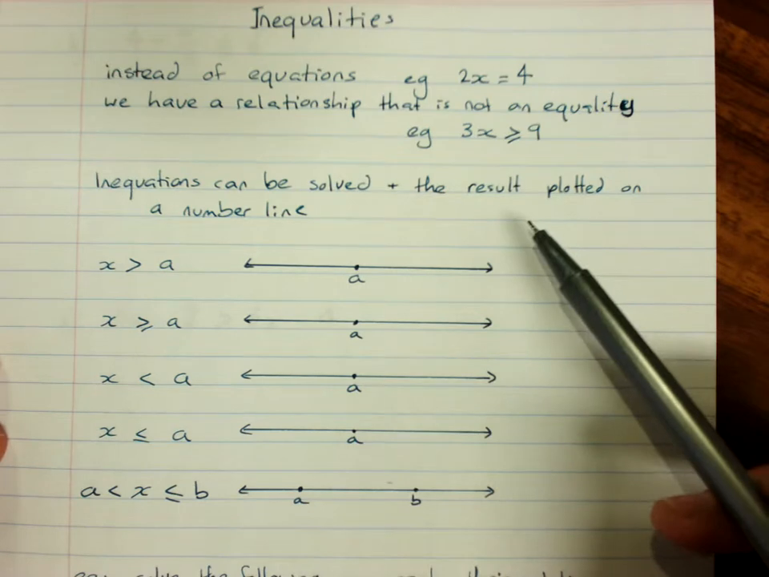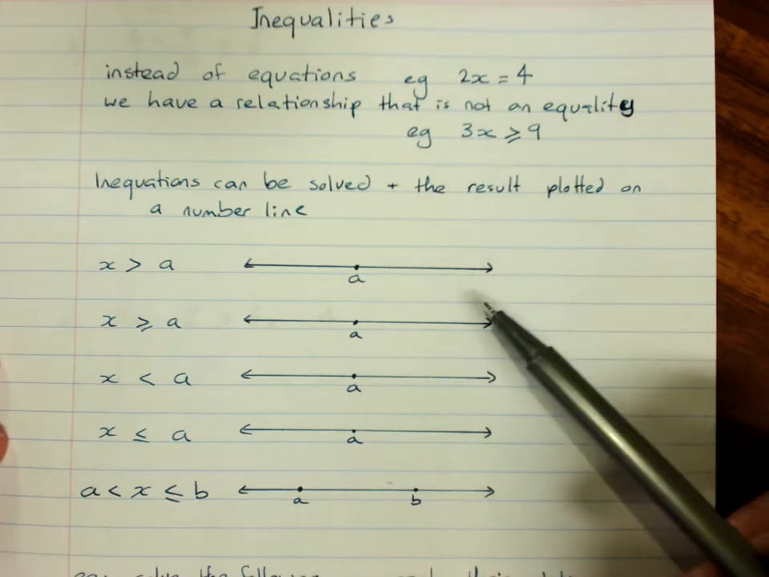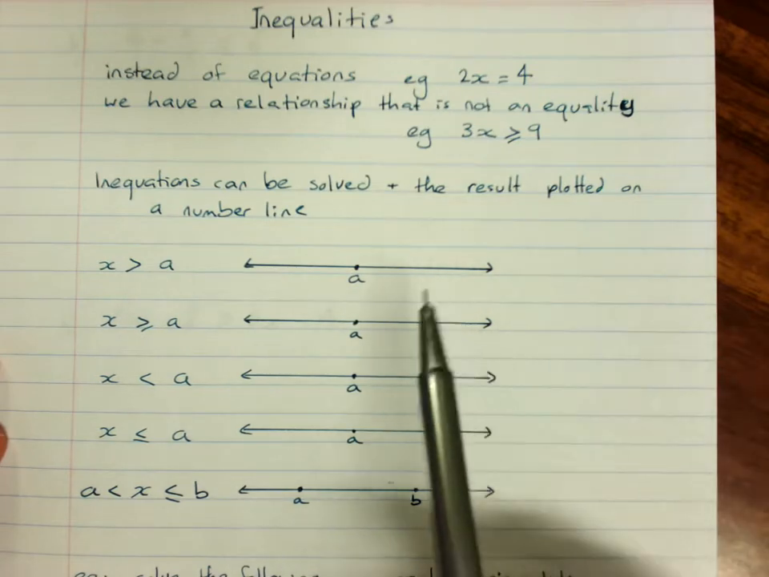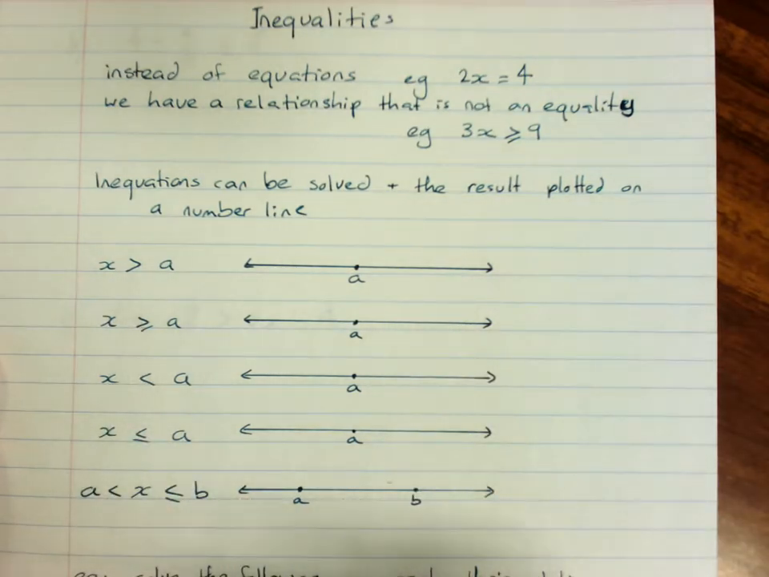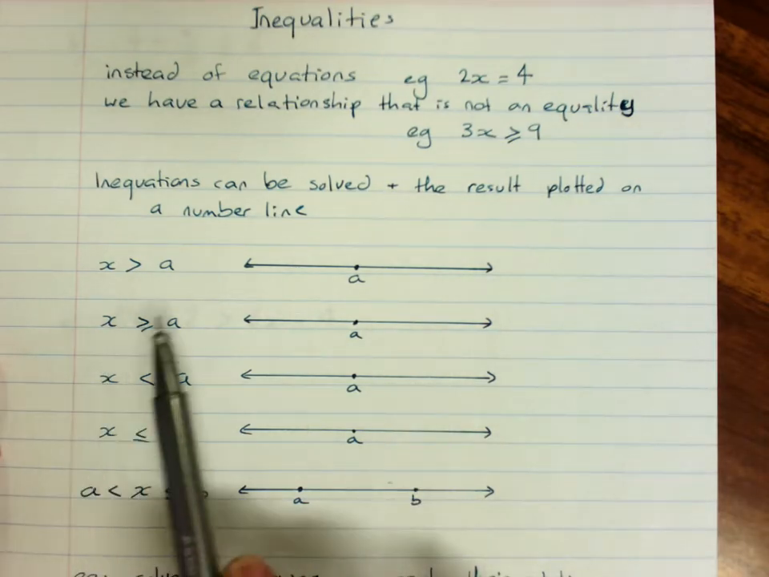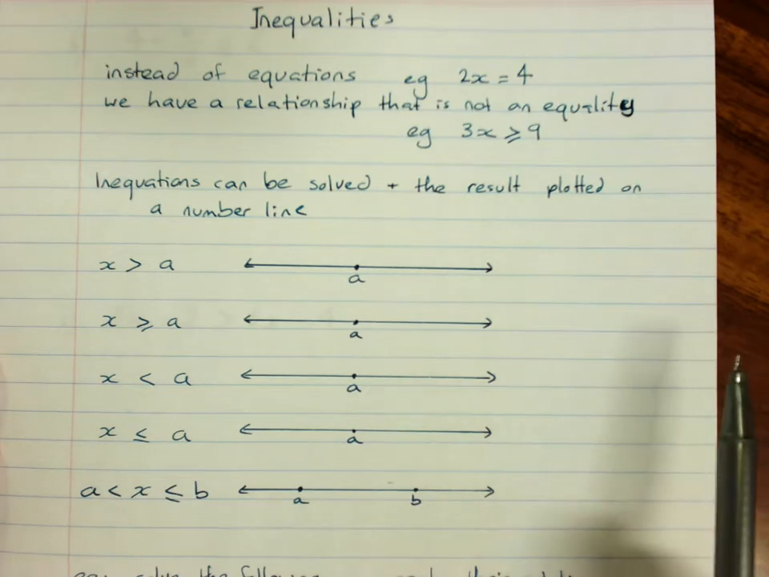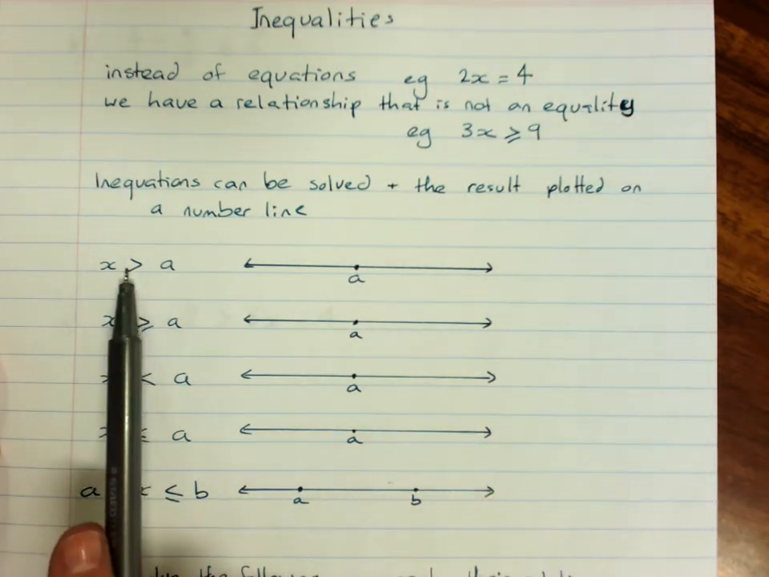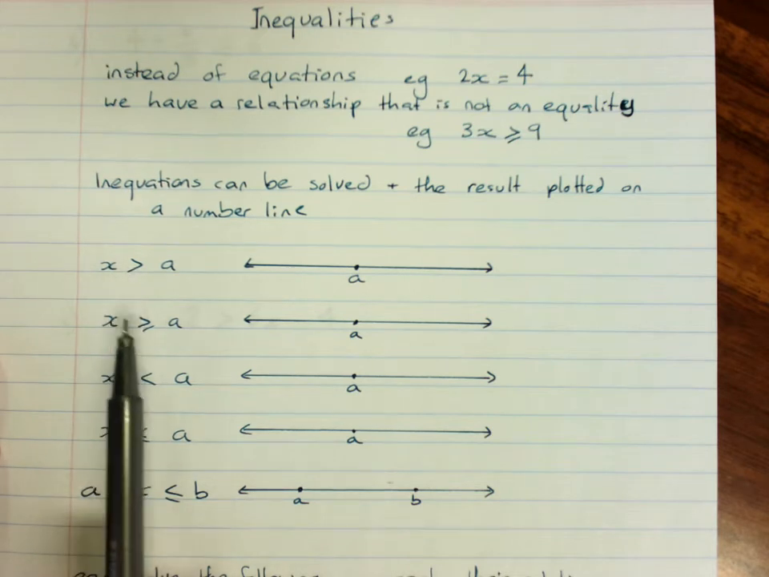X is greater than 5, x is equal to or less than 4, rather than an equality. We can solve inequations with the same process by which we solve equations, and it's often useful to plot the result on a number line. We have to be able to distinguish between greater than and greater than or equal to,